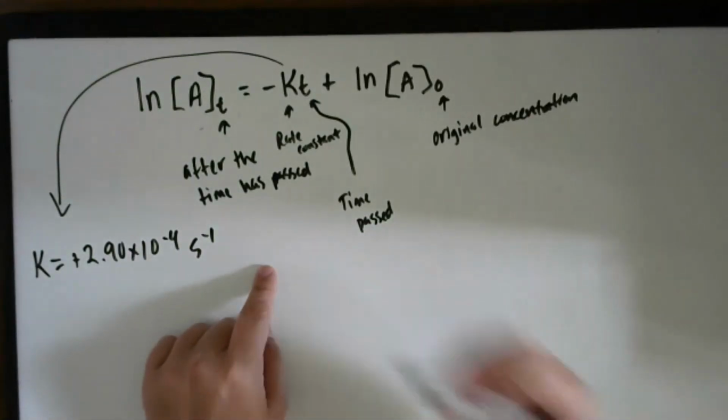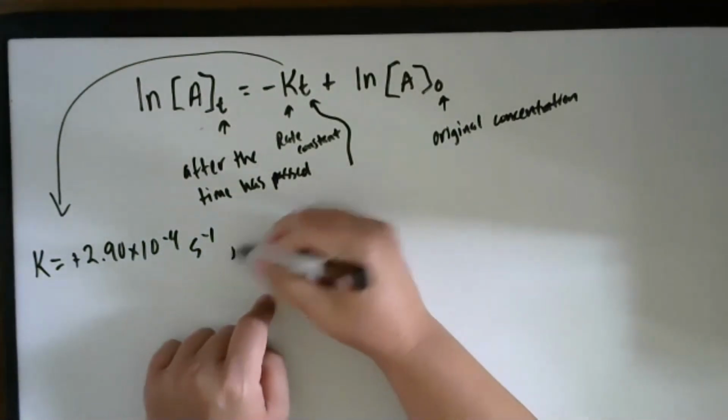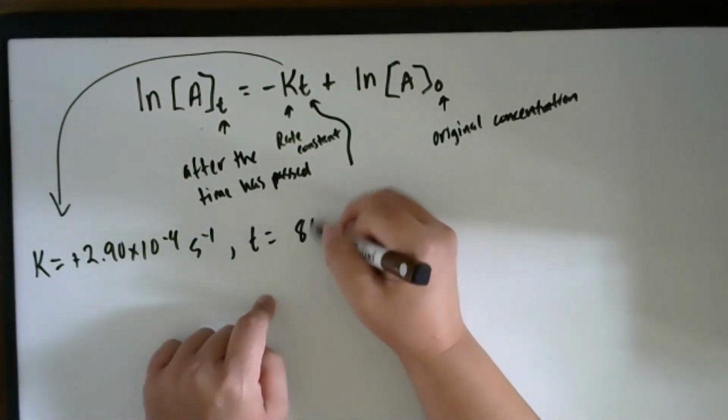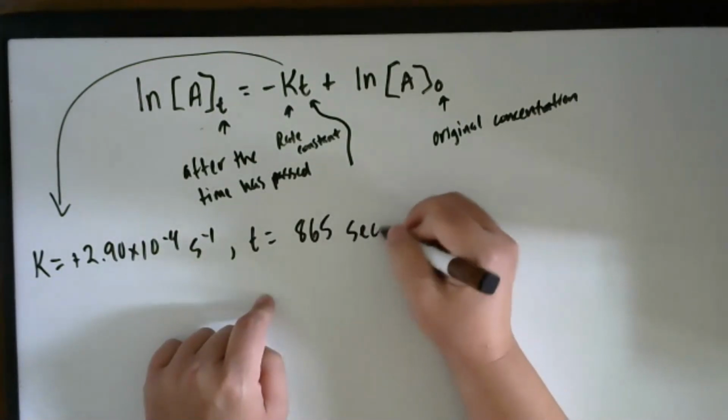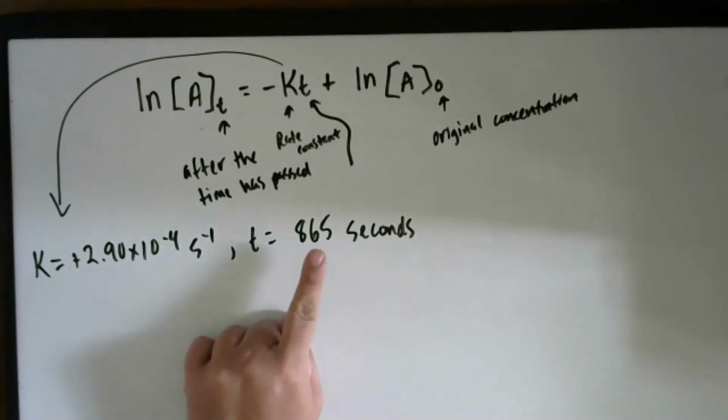And the time that we're focusing on here is also in seconds, right? It's 865 seconds. But if they had given you this time value in minutes or hours or something like that,